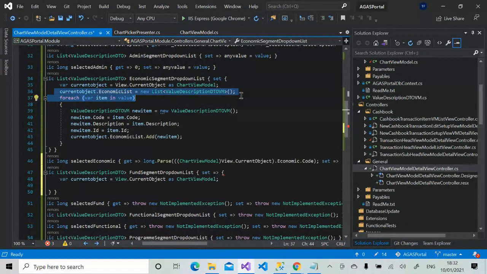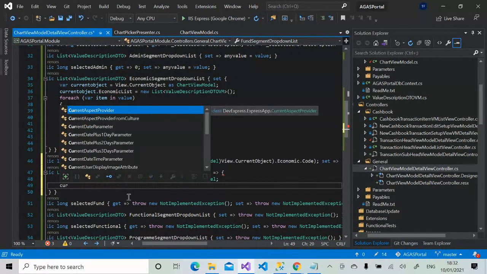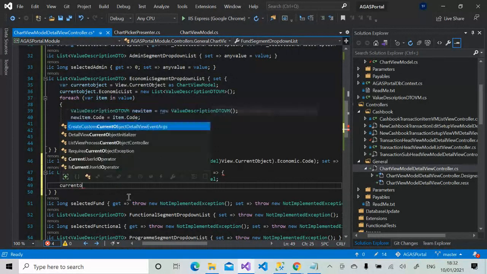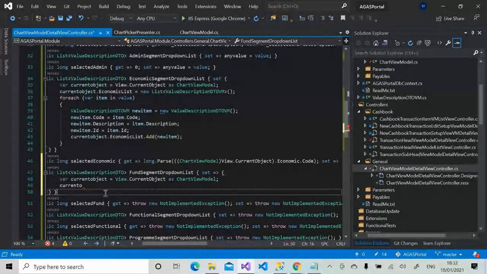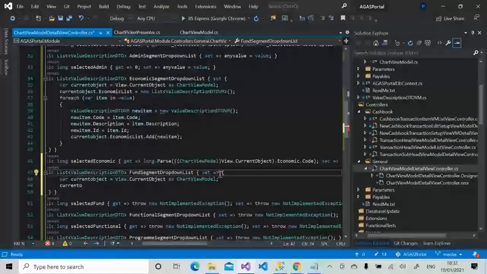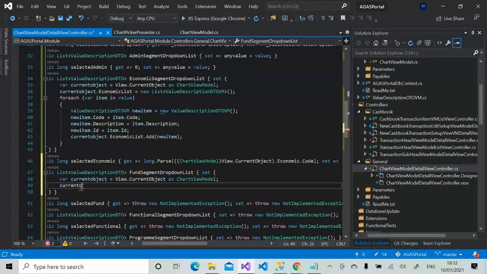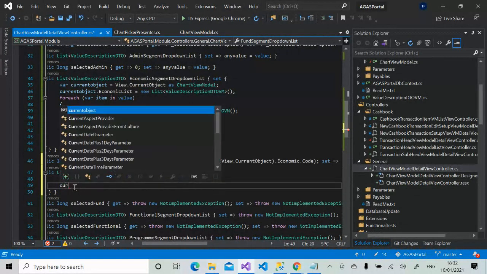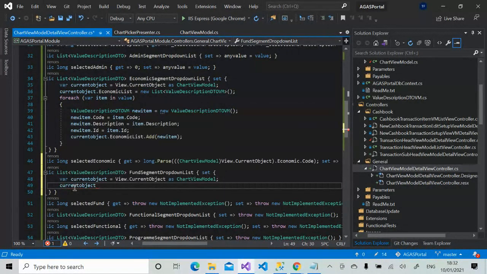Then I will now come here and do current. So I'm supposed to remove this one. Current object